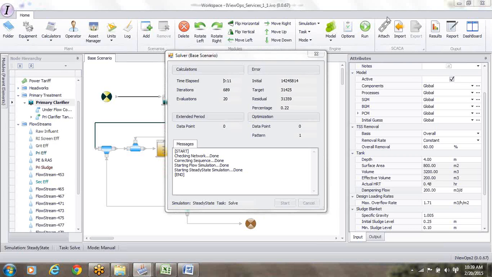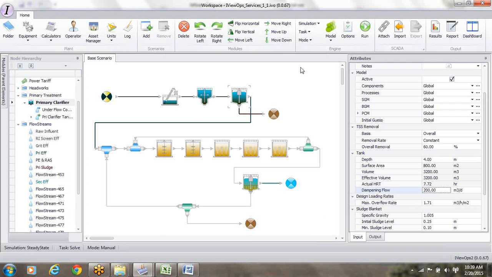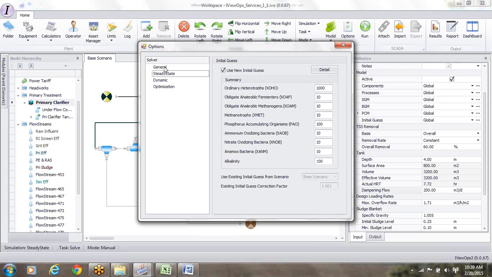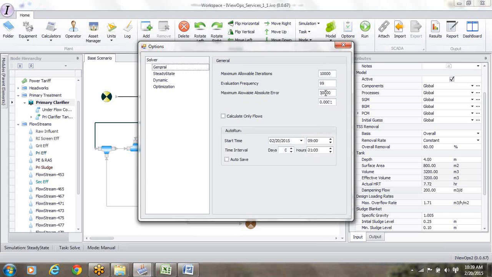Okay, so this is what I did because it was getting stuck at a certain value. I increased the residual error, and I also increased the dampening flow, and that allowed the initial guess to converge. So what I did over here is I increased the dampening flow right now to 200, and I went in here, under general, and I increased this maximum allowable error to 30,000. I can bring it back to 10,000, and